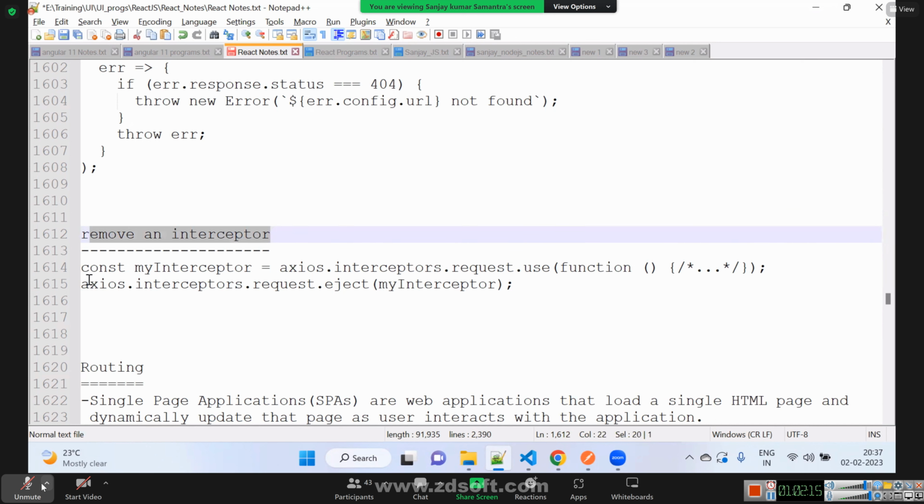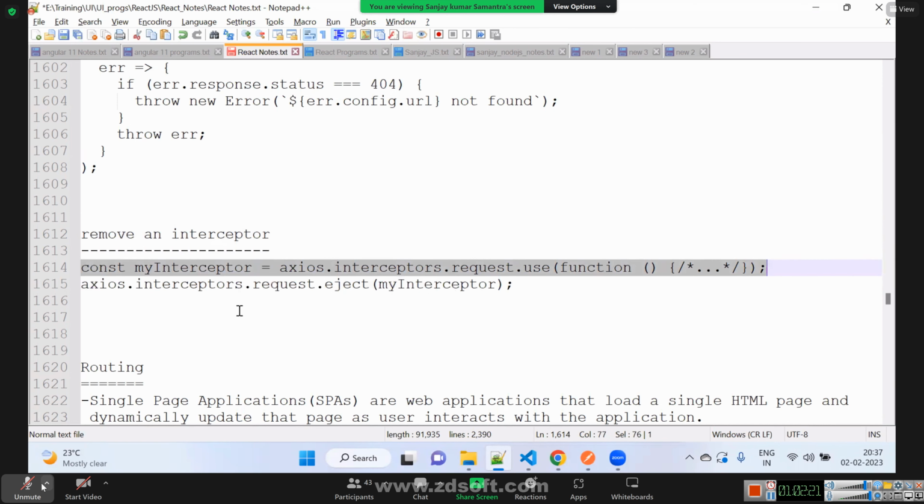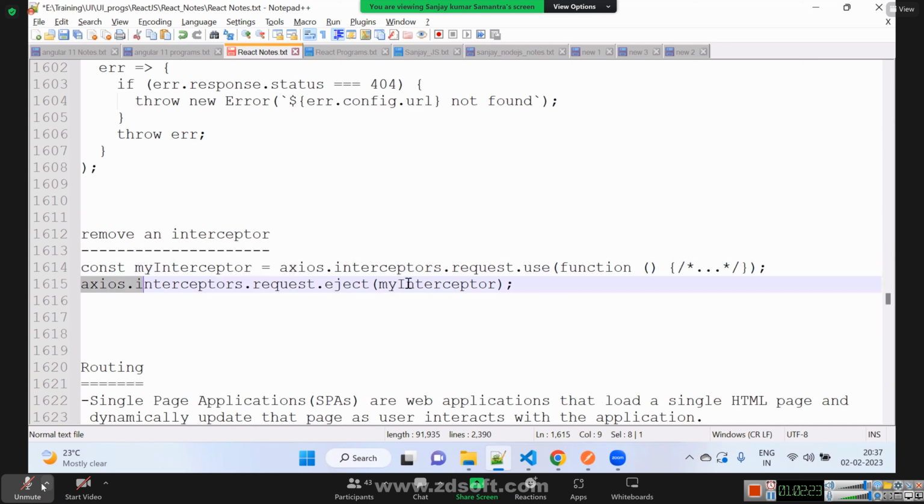This is how we create the interceptor, and this is how we can eject the interceptor: axios.interceptors.request.eject, like this. So this is how we can remove the interceptor.